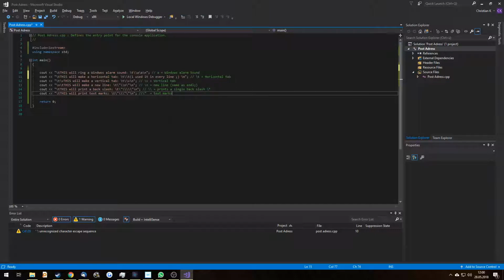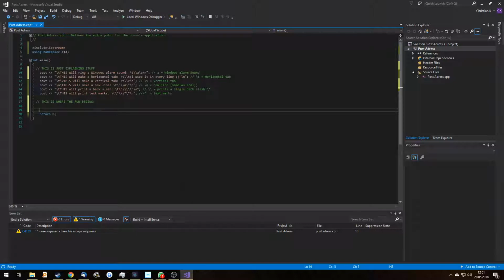So, let me check. This is just explaining stuff, right? Just for my personal documentation. This is where the fun begins. All right. So before I show you the solution,